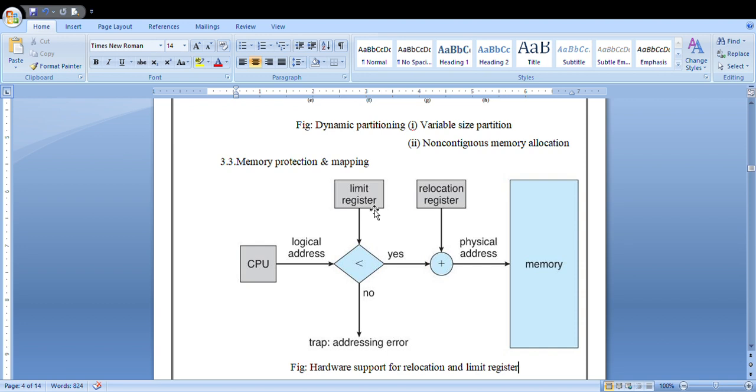Here you are making use of one more register called the limit register. As I explained before, the limit register always consists of the length of the program or the length of that particular process. So it will check the condition. First, it will assign some logical address and it will allocate the limit register.